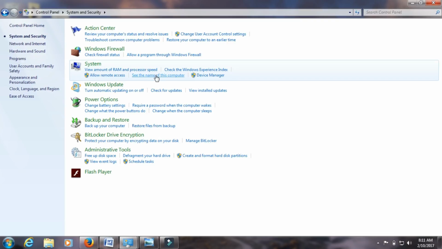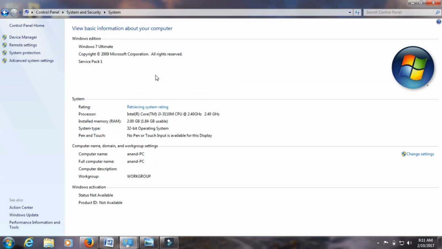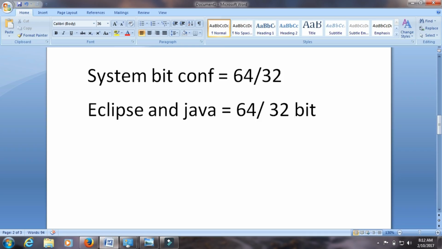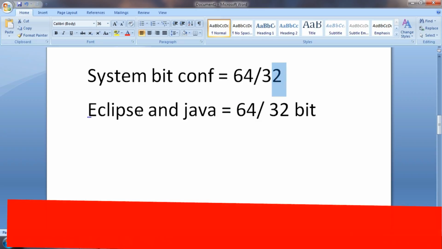Here in System, see the name of this computer and click over there. On this window, you can find that the system type is a 32-bit operating system. So I have to use 32-bit Eclipse and Java.